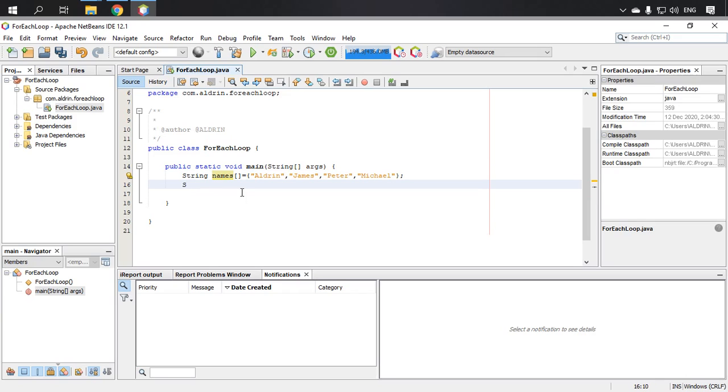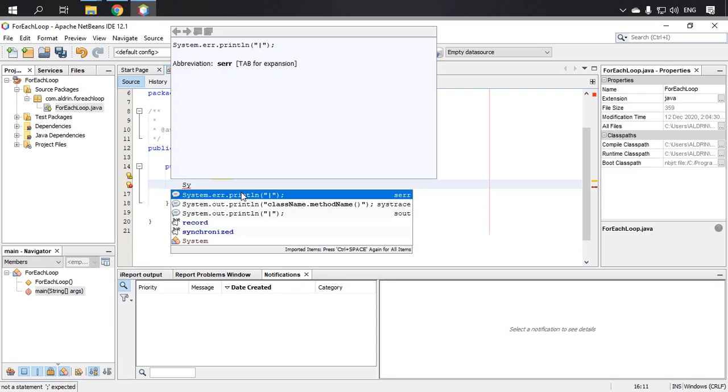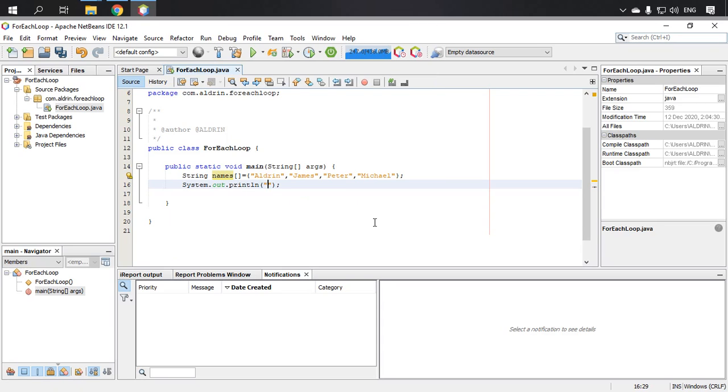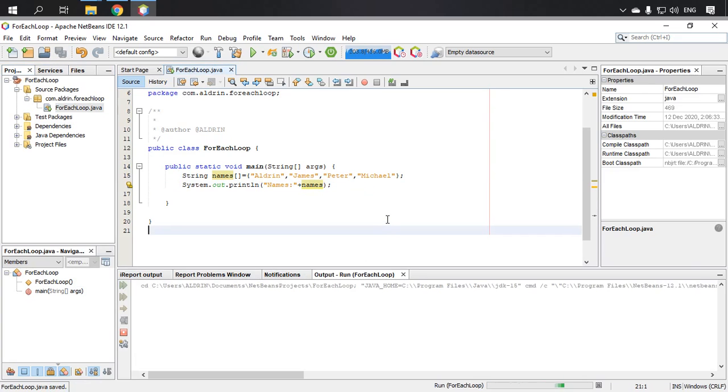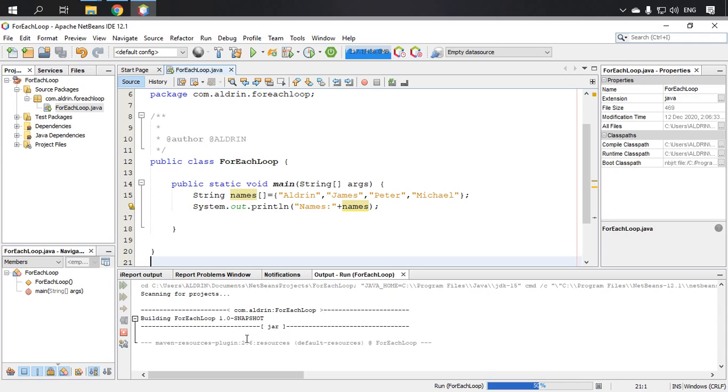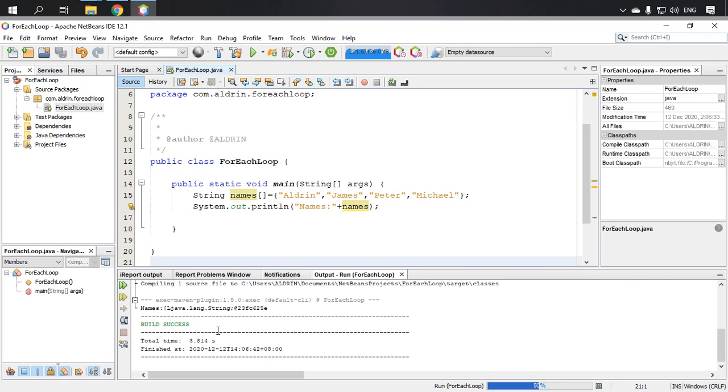So that is the length of our index in array. So for example, let's put names. Okay, so let's try to run this. So zoom in, then our output is here. So names, it returns to byte code. Okay, so it returns to byte. So in for each loop,